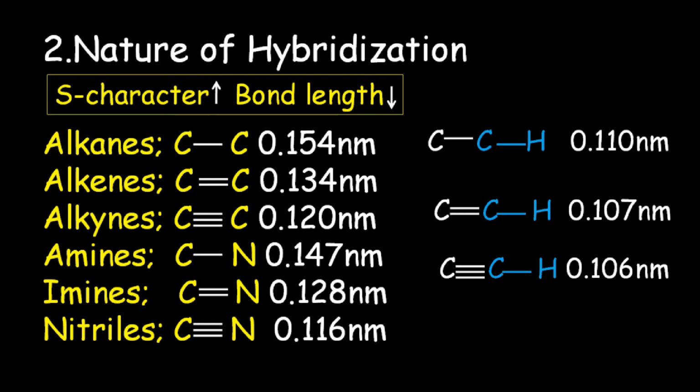Secondly, when there is a greater number of bonds between two atoms, there is a greater attraction for those electrons by both bonded nuclei, decreasing the distance between them. So the greater number of pi bonds and greater s character decrease the bond length, and both hybridization and electronegativity affect the bond length. So this is all about the bond length, how to calculate it, and the factors affecting the bond length. Thanks for watching.